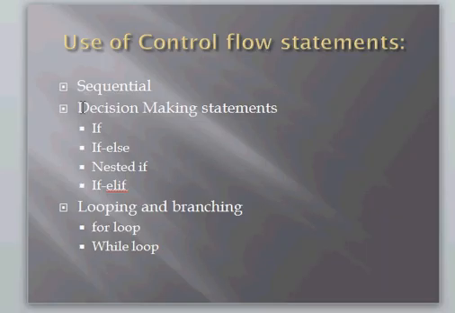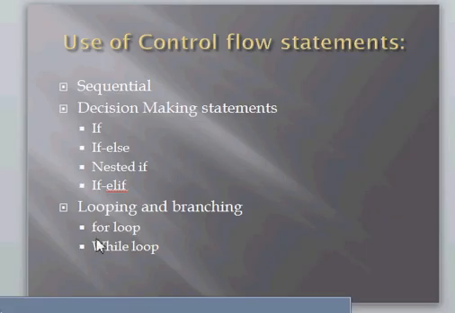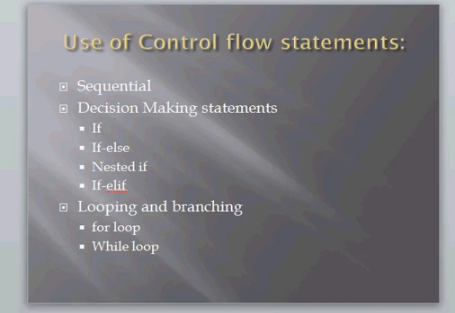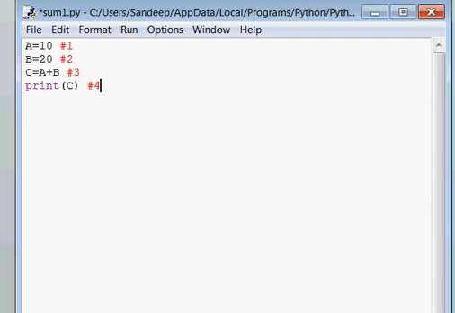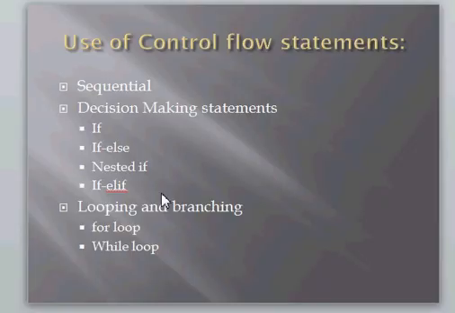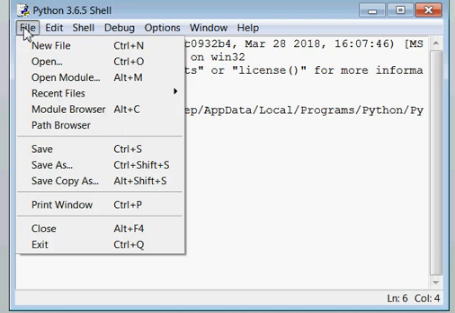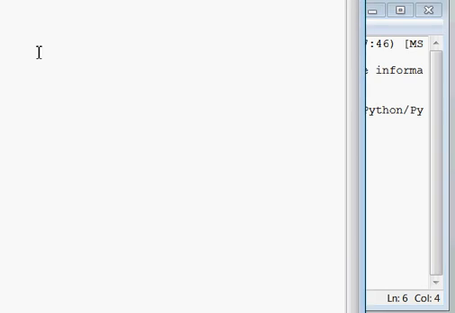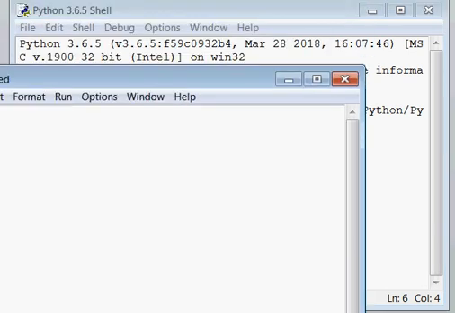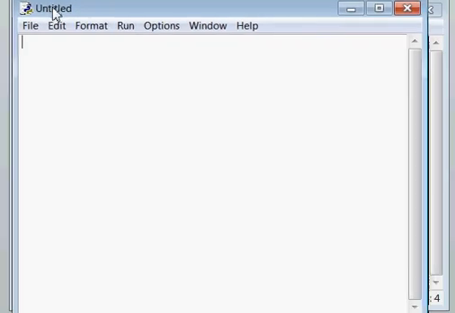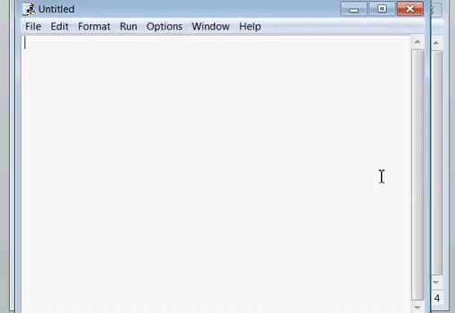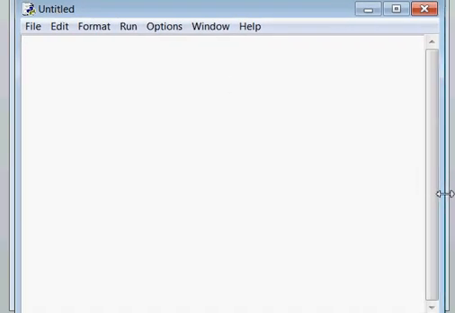Next is decision making statement. Decision making has further types. First is if. If is used where you want to decide some action, meaning you want to first check a condition, and then you take the decision about what to do next.